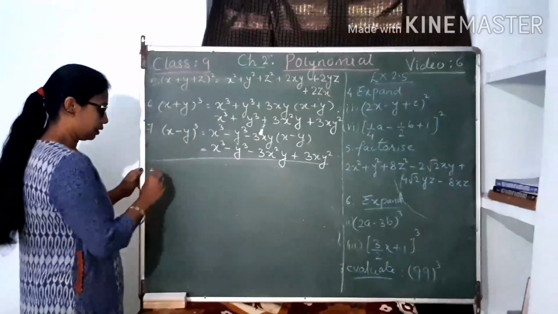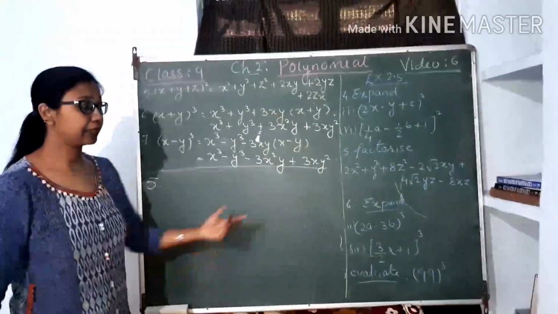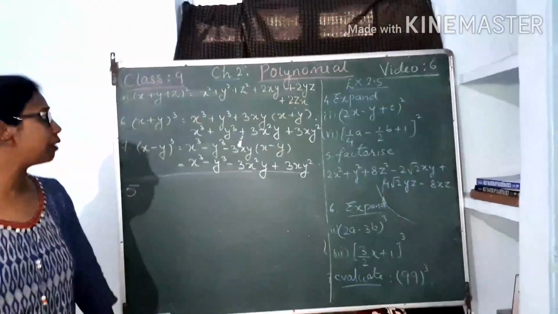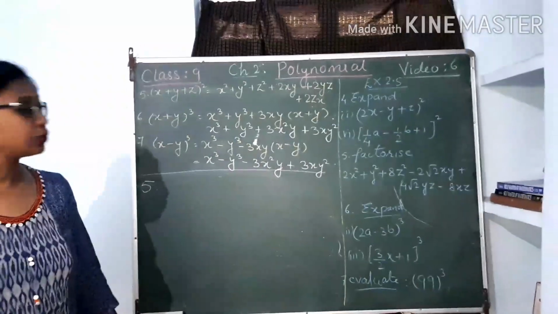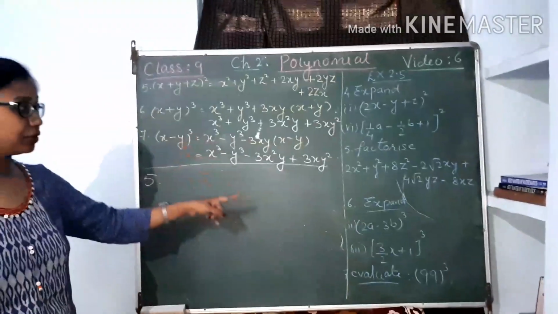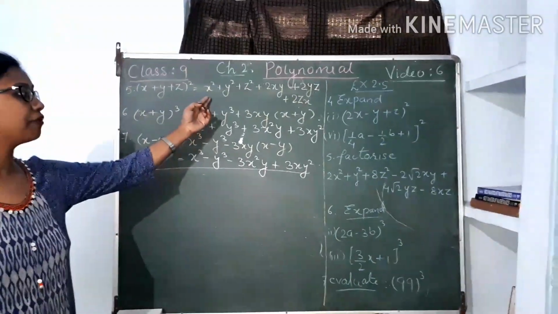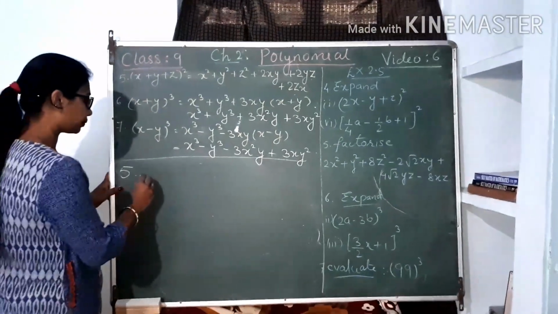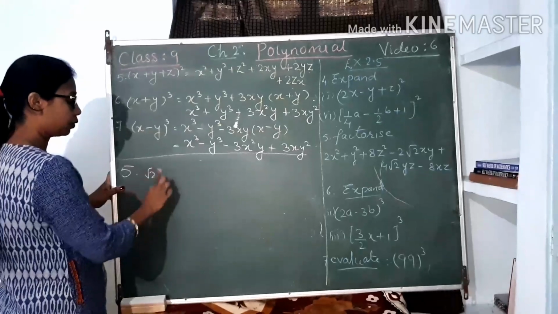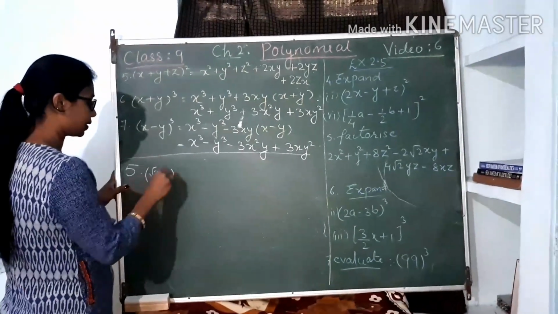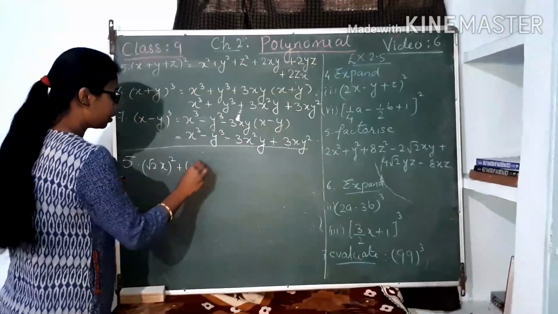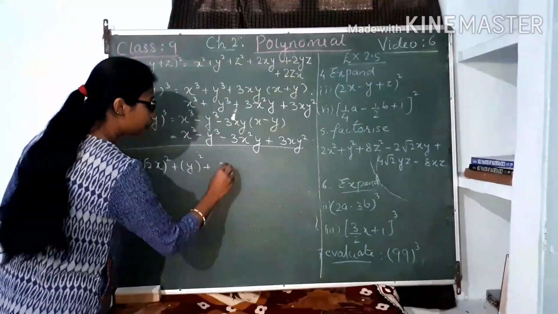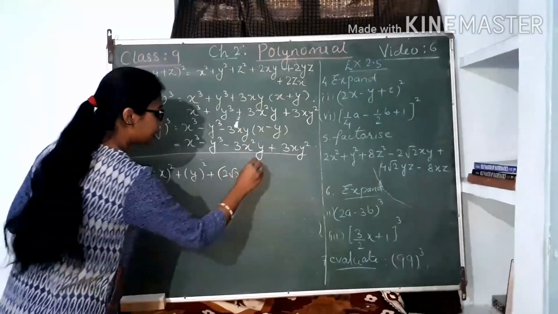Fifth question. Now for the 5th one, the question is to factorize this. Already this is written in expanded form. In these three, it's very easy to identify which identity to be used here. For the 5th one, in the expanded form, the first term we can write down as the whole square of root 2 x, and the variable is x whole square plus y whole square plus 8 is a square of 2 root 2 z whole square.